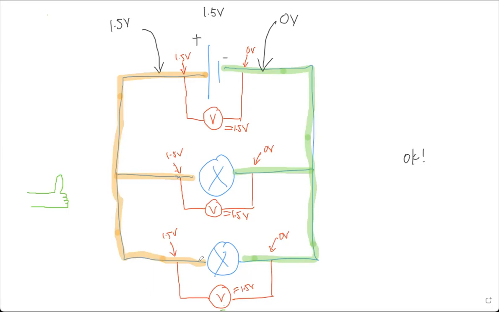Okay, so let's review the formula. Resistance is equal to voltage over current. Correct? So now, let's look at these two light bulbs. The first light bulb, I let it be light bulb A. The second light bulb will be light bulb B. Clear? So, if you look at this formula,